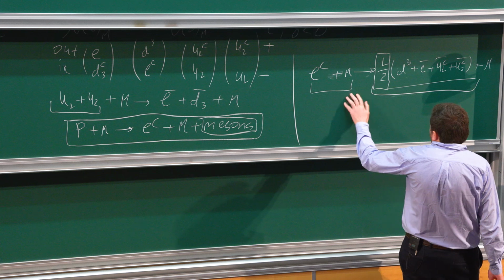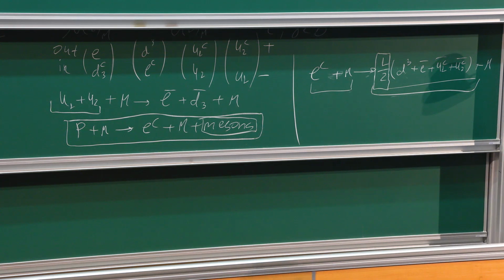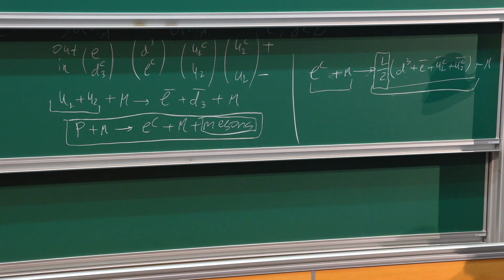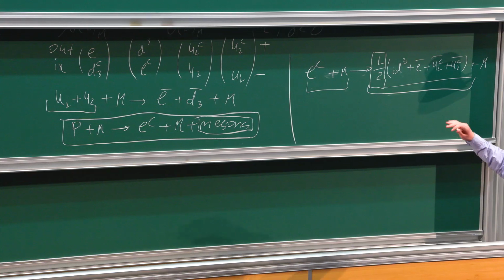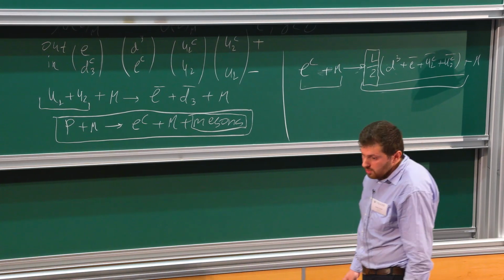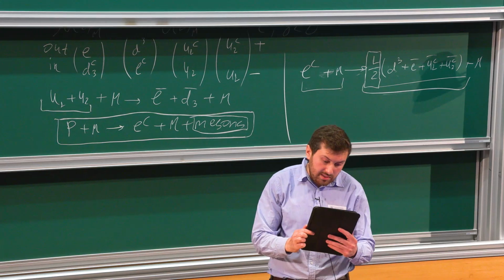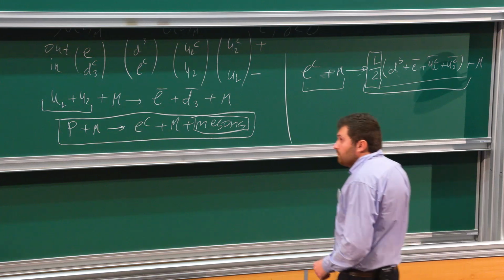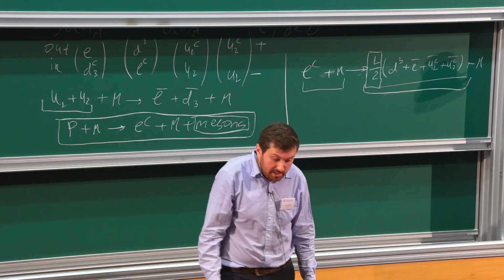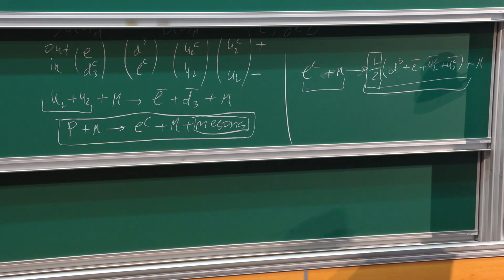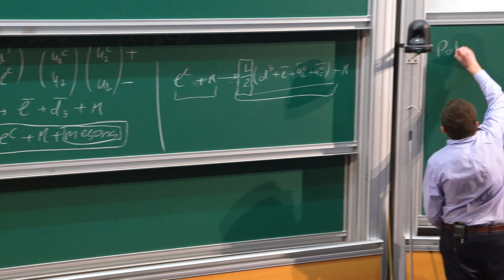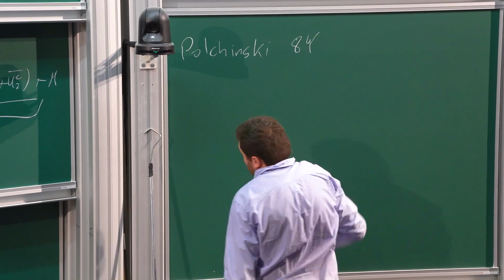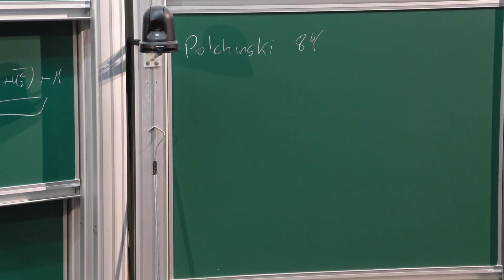So, the whole point is to somehow resolve this puzzle. However, S5 is too complicated. Instead, I will consider some very simple toy model that retains all of the important physics for the scattering process, but at the same time is simple enough that we can really understand what's going on. This model is known as the fermion-rotor system and was introduced by Polchinski more than 40 years ago, in '84, I think. And the idea is actually very simple.